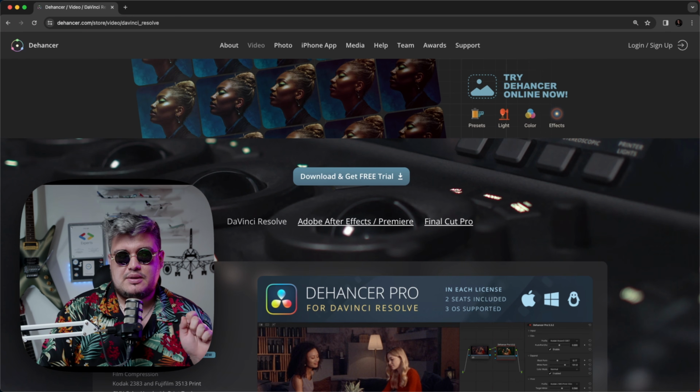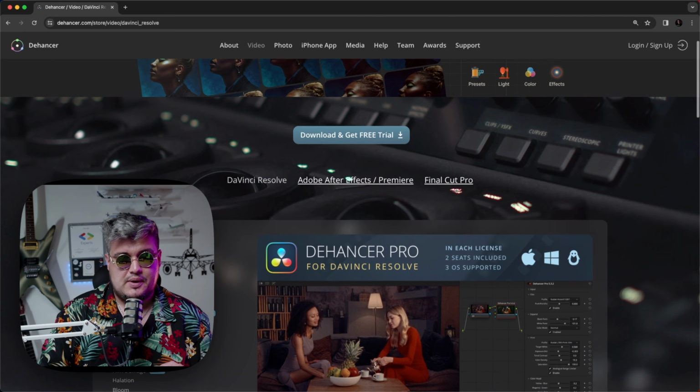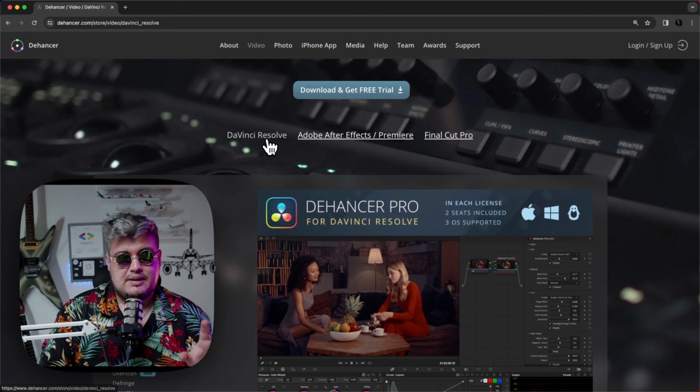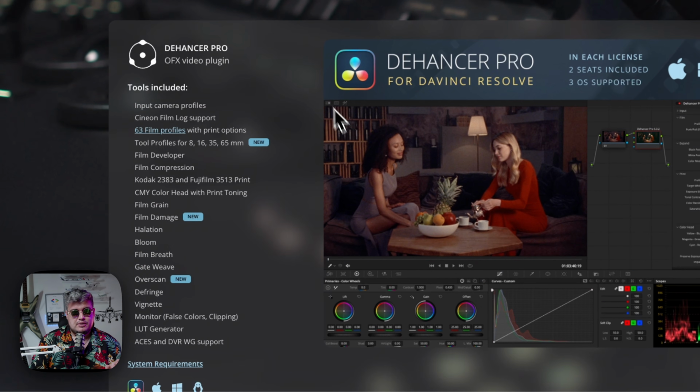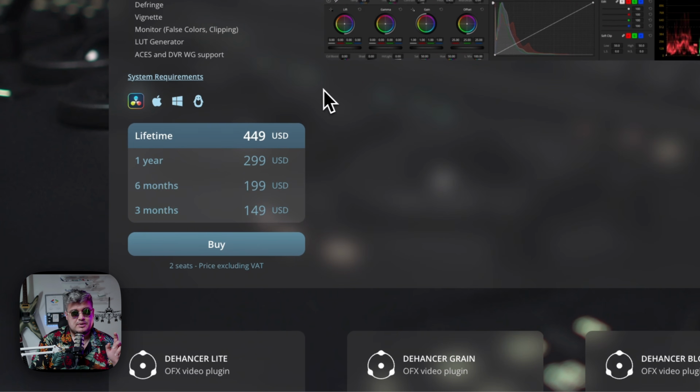But in this case, it's specifically for DaVinci Resolve 18.6, which is what I'm using on macOS. There you will find the editing software versions, and also the operating systems. So we'll go to the DaVinci Resolve one, and there you will see the system requirements, the cost of the